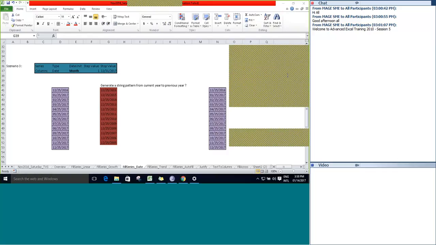You want to generate one follow-up status report which should contain the same date but with a series of months. When you want to create that kind of string pattern, you can go for the date unit as month.